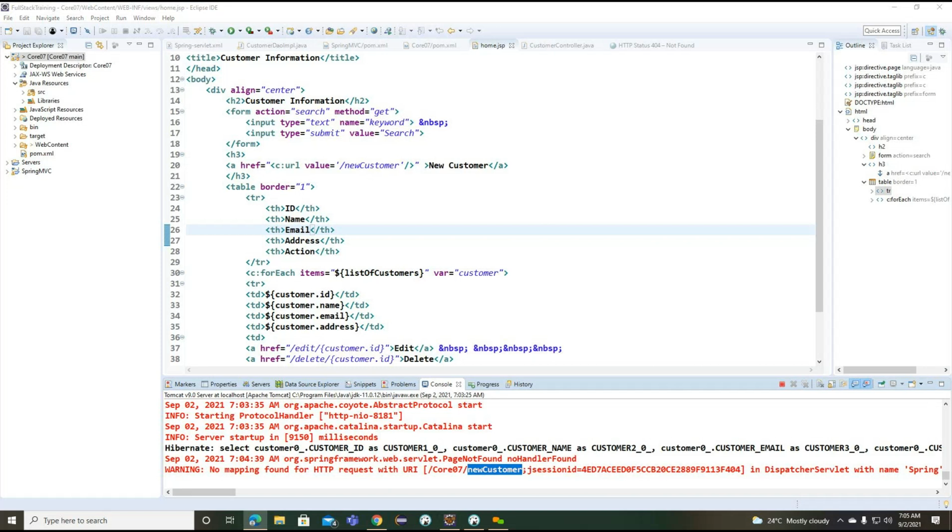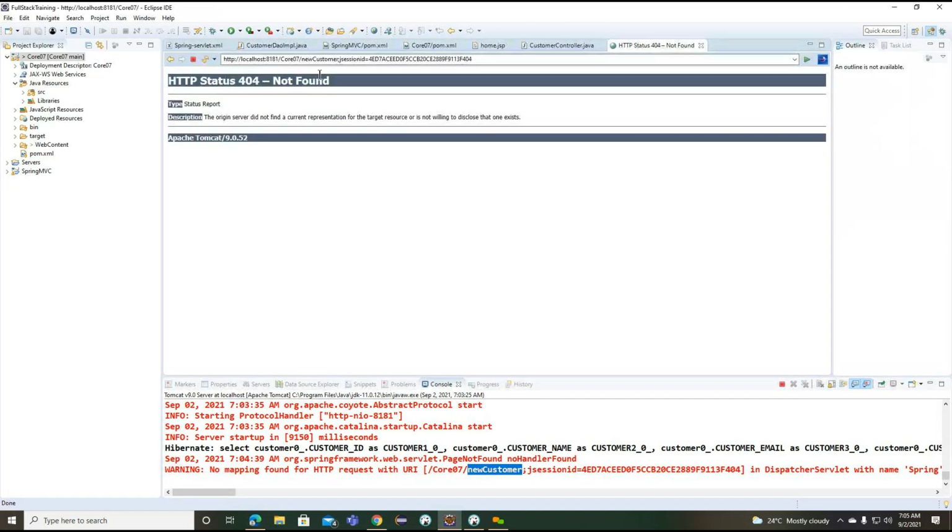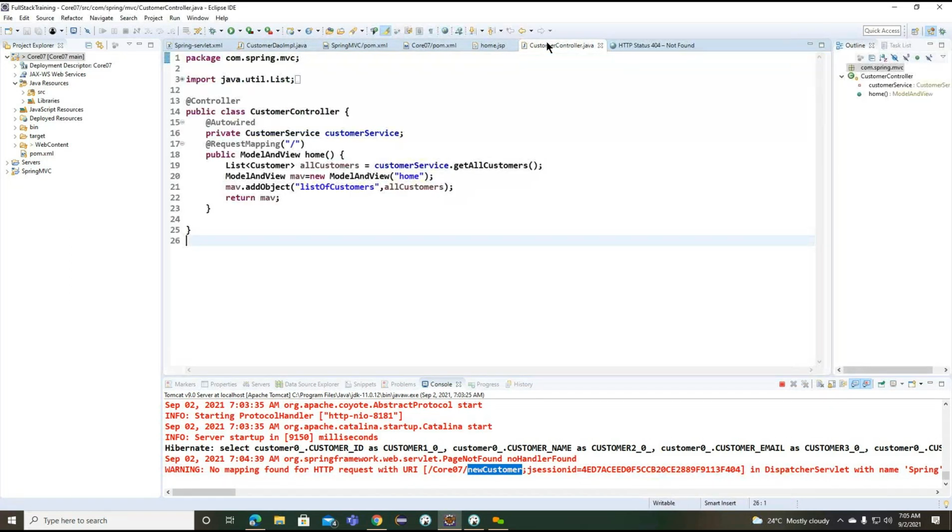To implement this 404, we need to work on the implementation section of this new customer.